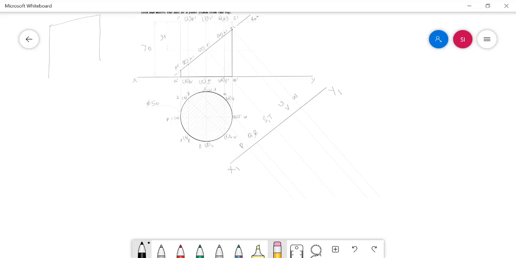Okay, so like the previous problem only, here also we have to mark the cut points. Let me measure the distance between the cut point P and the xy line. This distance you have to measure, and at the same distance you have to mark the point P in the projector of P, with respect to x1 y1. So approximately I am marking the points here.